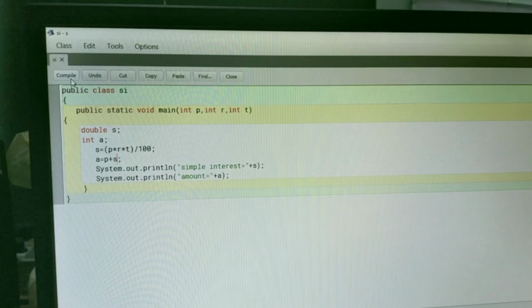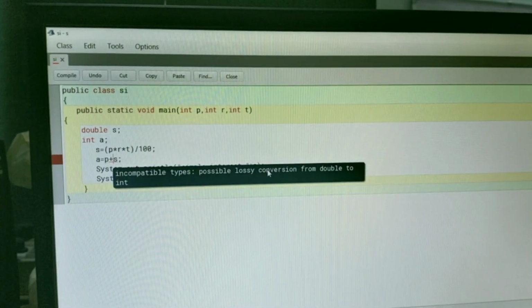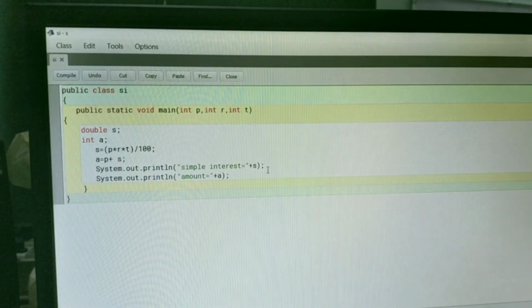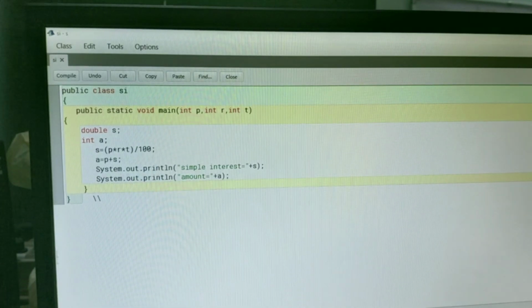Then compile by clicking on the compile button. P plus S, P is also the same, A is equal to P plus S. Again the program shows an error because we have taken variable P and variable A, and A is integer type, while simple interest is double type. The data type should be the same, that's why it is showing an error. Both variables should be the same data type.